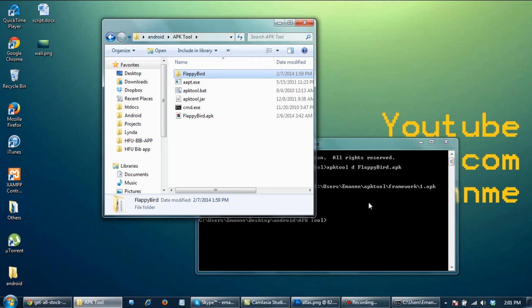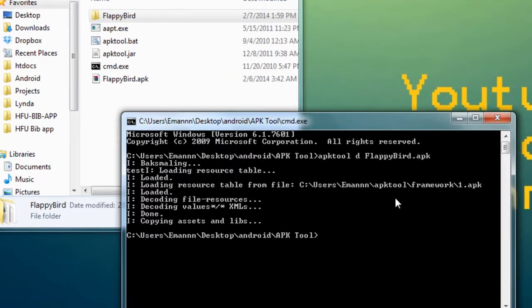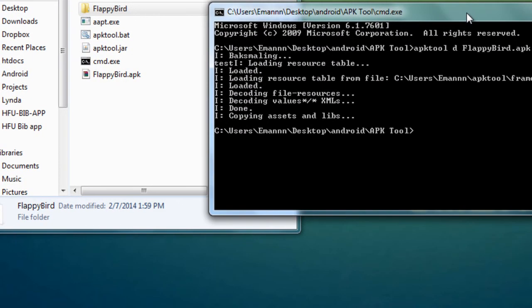After you save that, after you customize the graphics, sounds, and the manifest, the application name, go back to this CMD and type apktool space b, as in build, space the folder that you decompiled, or the folder that you extracted.